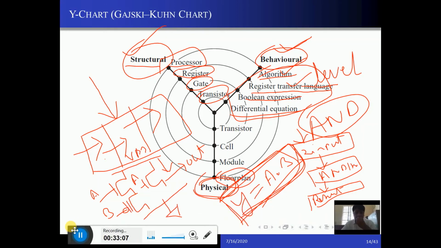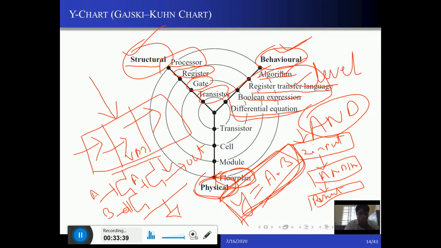So in the physical domain, you explain your IC as you can give the floor plan. I'll explain what is a floor plan. It is a method of fabricating your IC. So floor plan, I'll give you an overview. Floor plan means giving the specification of where will be the layer for the gate, where will be the layer for the drain and source, where will be the layer for substrate. What is substrate, gate and drain, I'll let you know. So you can give the floor plan.